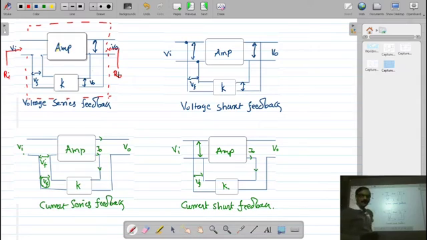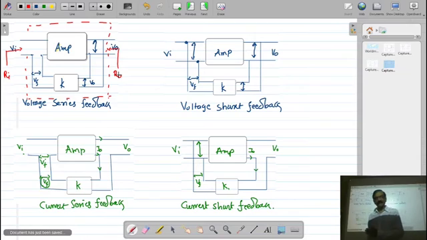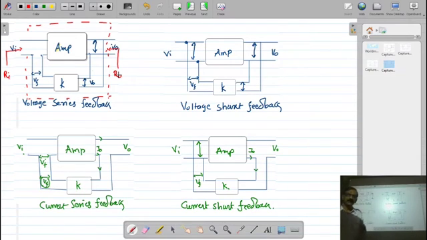Now, whenever we have any kind of network, remember, the network has an input terminal also and an output terminal. So whatever the resistance is offered by the input terminal, that is known as the input resistance of that network. And the same way, whatever the resistance we measure across the output terminal, it is called the output resistance of the network. So here if you see, we have two circuits. One is the amplifier circuit and another is the feedback network.